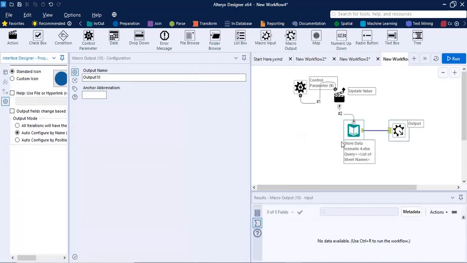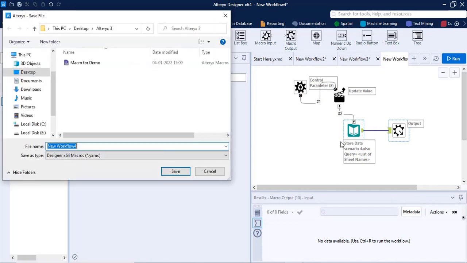After that I need to save this current workflow as Macro for Dynamic Input.